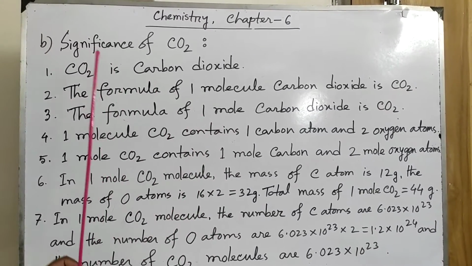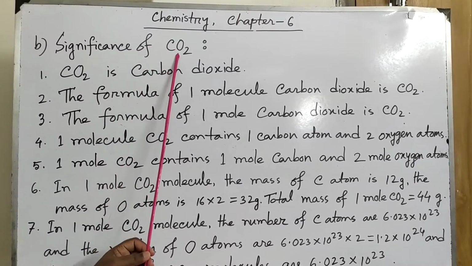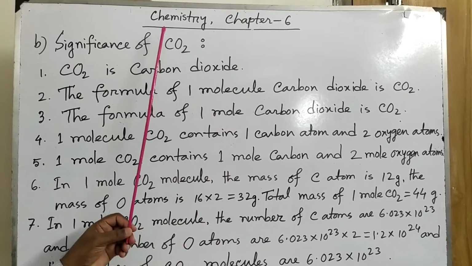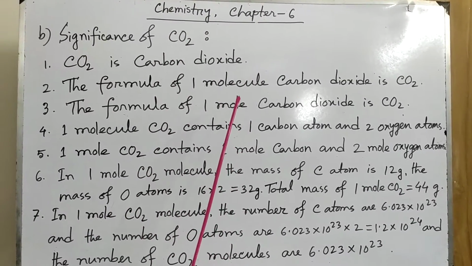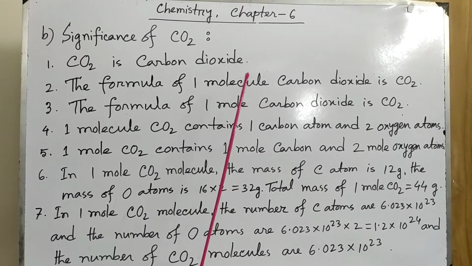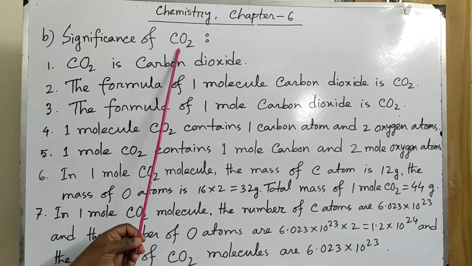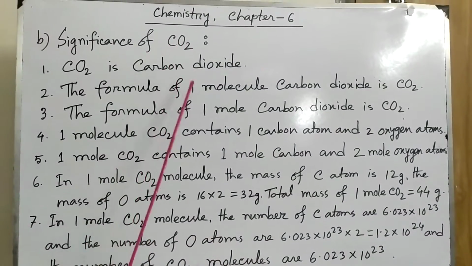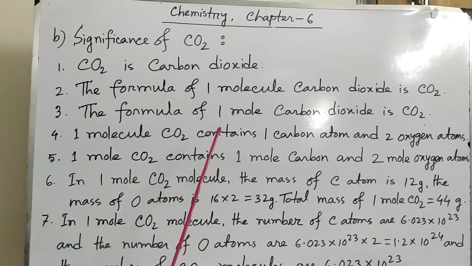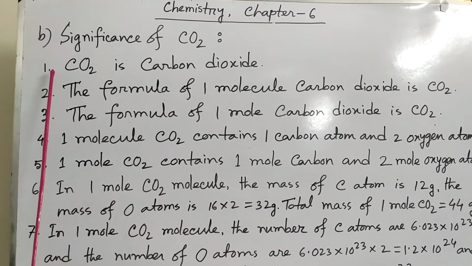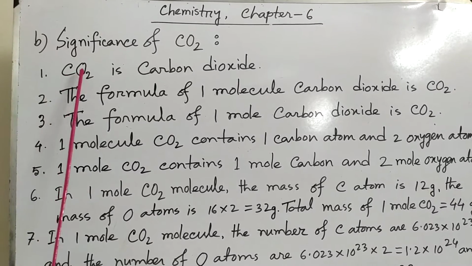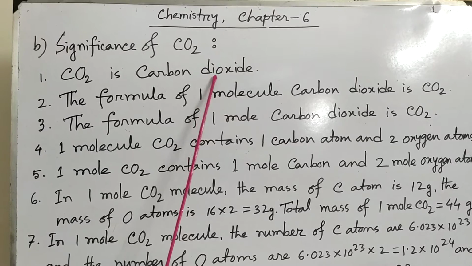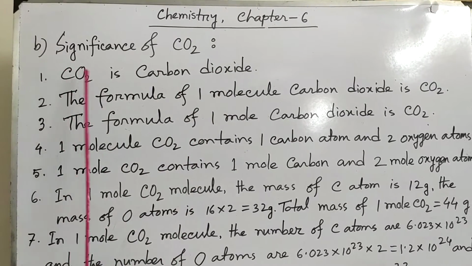Now I will start number B. I have given the significance of carbon dioxide and also I have given sulfuric acid and water. So if you can understand carbon dioxide, then you can write sulfuric acid, nitric acid or water, whatever is given. So now let us start the points. Here carbon dioxide, CO2 means what types of information are we getting. I am discussing one by one, all of you write it. Number 1, carbon dioxide, that means CO2 is carbon dioxide. Di means 2. Here 2 oxygen, that's why it is called carbon dioxide.